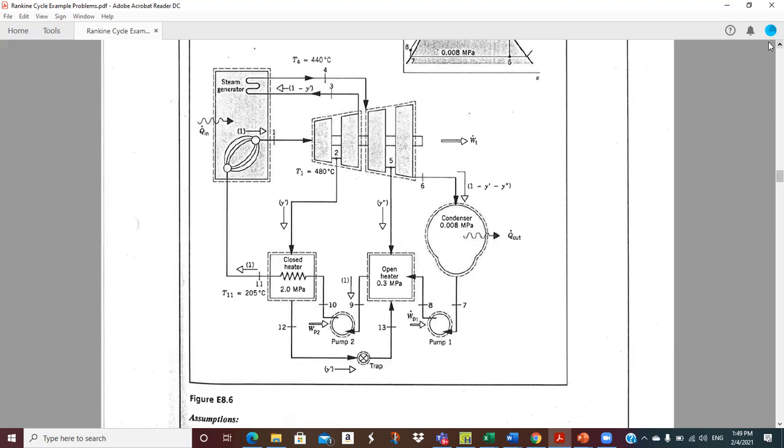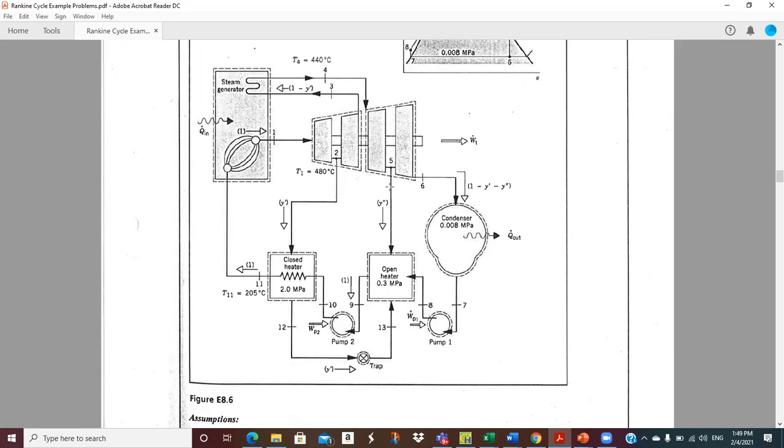It's just making sure you know how to do the balances on the feed water heater and that sort of thing. So there you go. We've got a main steam flow coming out at 1 here. We've got 2 extractions, a closed heater and an open heater. After we finish with the first turbine, we go back, do the reheat, and then we come back at 440 and go into the second turbine, do a partial expansion